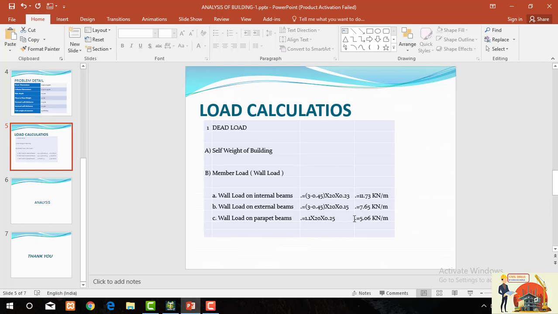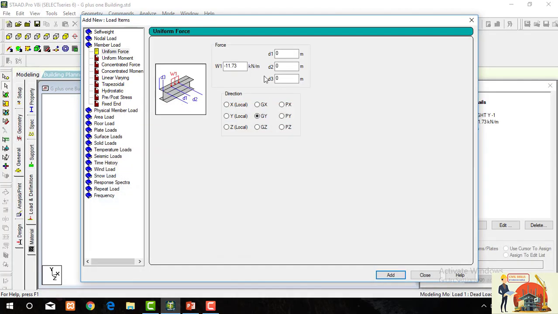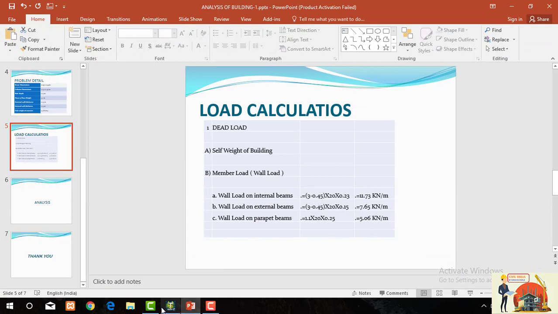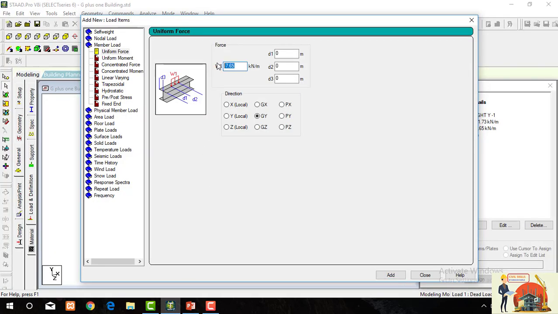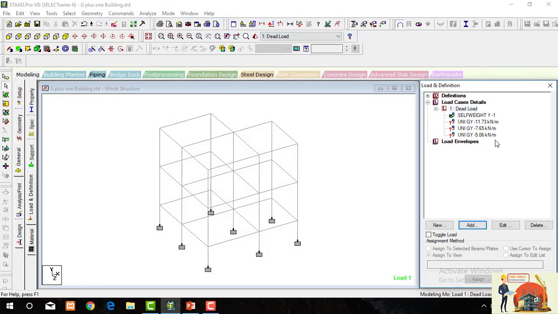Another load is minus 7.65, add, and another load is 5.06, add. Now we have defined all the UDLs. We are going to assign the loads.